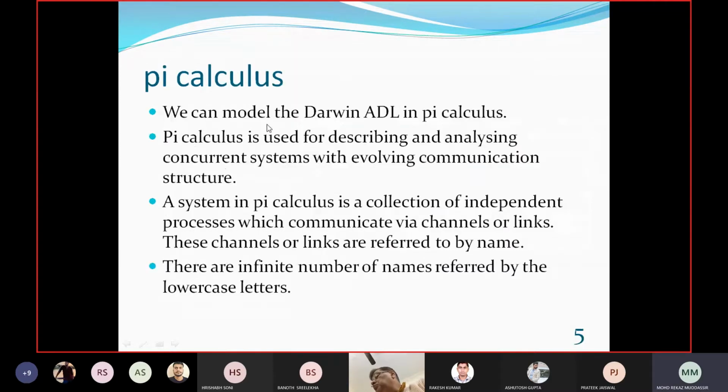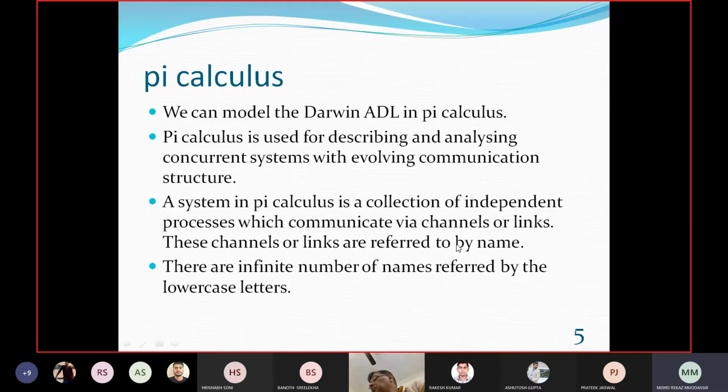Now the PyCalculus. To model the Darwin architecture description language, we use PyCalculus. PyCalculus is used for describing and analyzing concurrent systems with evolving communication structures, that is, systems working in parallel. A system in PyCalculus is a collection of independent processes which communicate via channels or links.